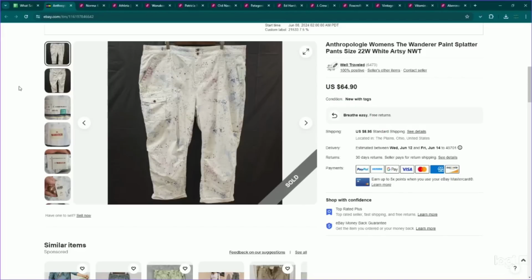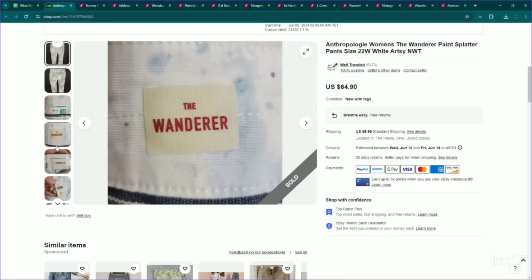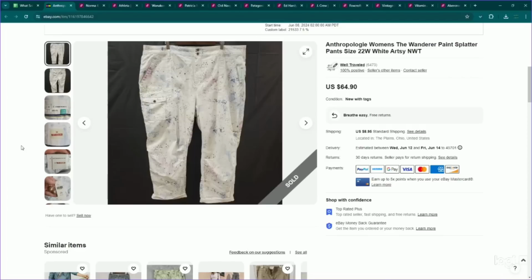And last one on eBay before we dive into some of the Poshmark sales. This is Anthropologie plus size. I always get Anthropologie plus size pieces. They perform very well if you price them right. And this one was called the Wanderer pant, and it was new with tags, size 22W. We also originally listed this way too high, guess theme of the video,